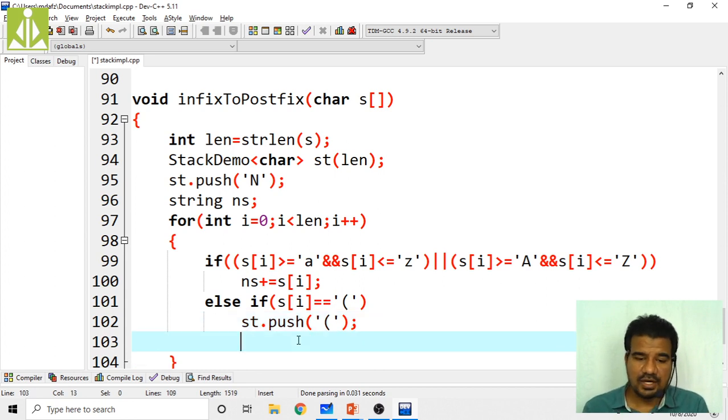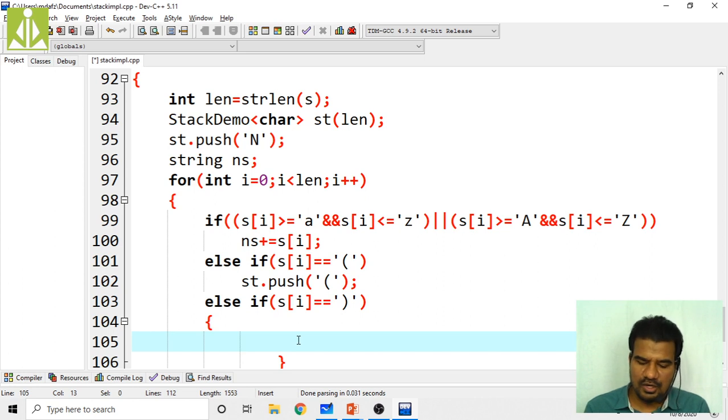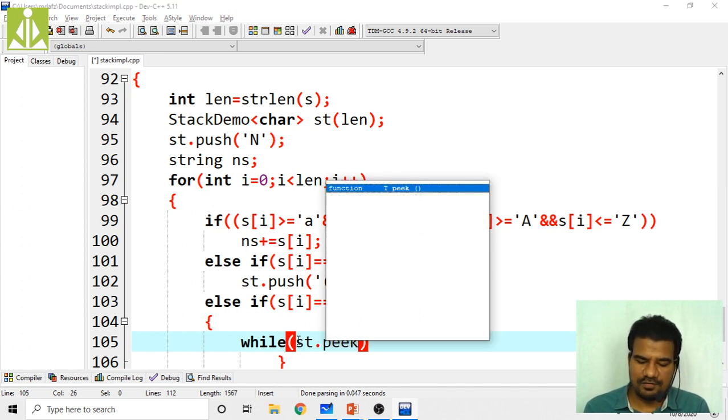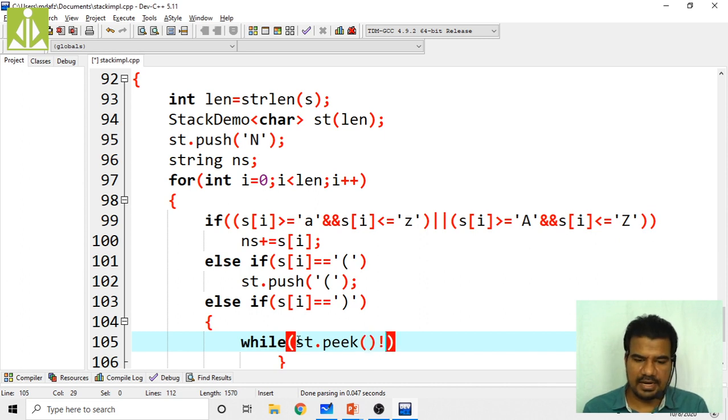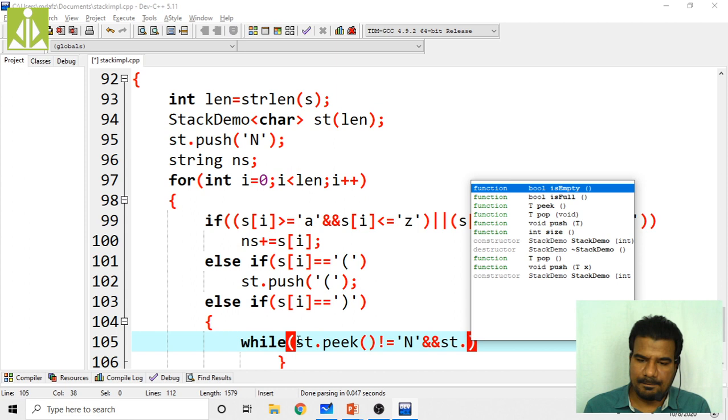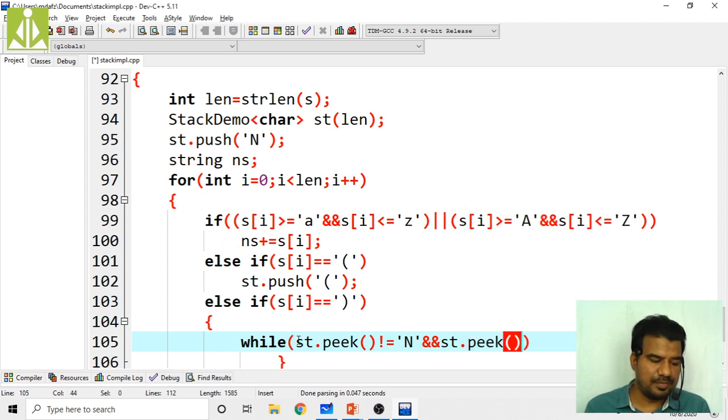Then if it is a closing bracket, else if s of i is equal to a closing bracket, what do we have to do? We take a while loop and check the stack. We peek the stack: whatever character st dot peek gives, it should not be equal to null, that means the stack should not be empty, and it shouldn't be an opening bracket.